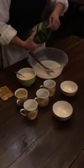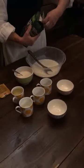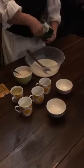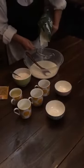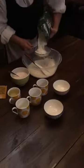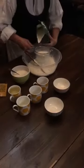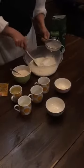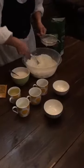Let's open the package of flour and start adding it to the substance. Actually, making this dough is not complicated. Once you get used to it, it happens very quickly. You add a bit of flour, mix it,